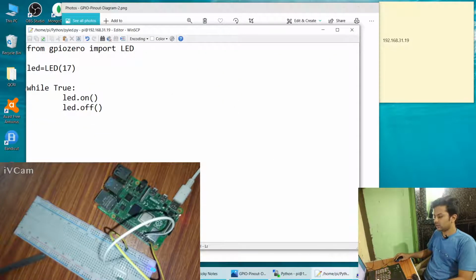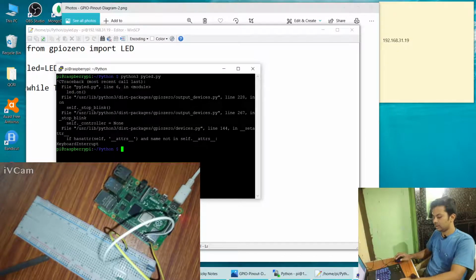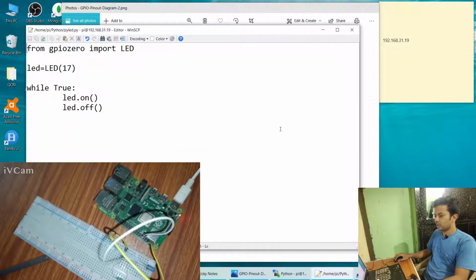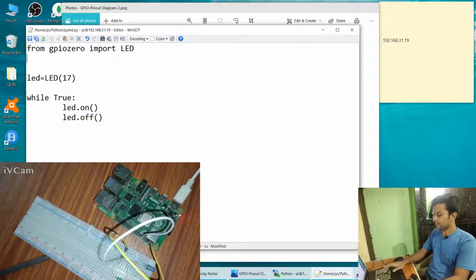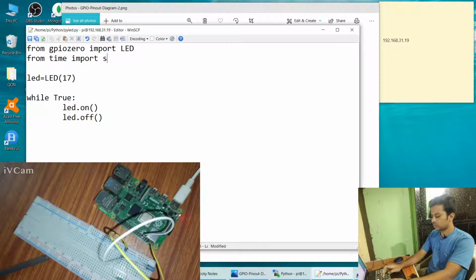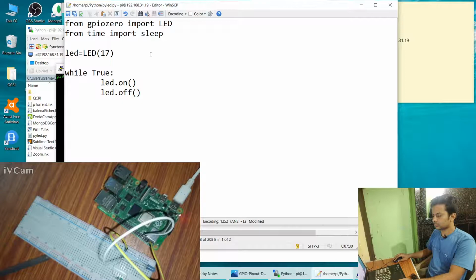Okay. So first just end the program, and clear the screen. Yeah. So we'll import time. So we'll give it some time: from time import sleep. So here what we'll do: LED on, then we'll say sleep, and we'll make it sleep for 1 second. So for once we are making it sleep, because on, then it will sleep for 1 second, then we'll say sleep